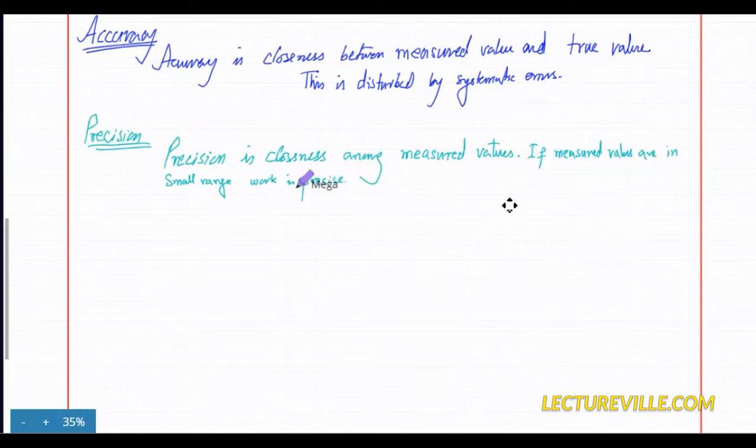So if somebody is taking readings and all of the readings are within a very small range, then it means his work is precise. So accuracy and precision. Very commonly, examiners ask for the definition of these things. Now,